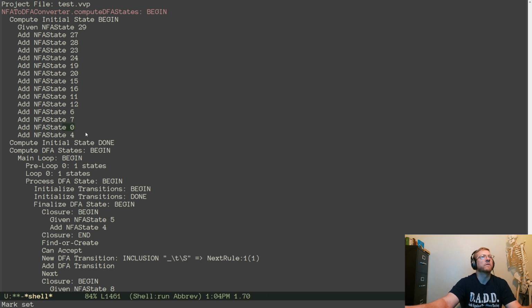So it adds state 0. But somehow state 0 never adds state 1 or state 2 here. Oh, curious. Because these states, let's see here, let me just pull up this thing next to it. Do a side by side. See here. Let me see if I can lay this out so that it's as visible as possible given the constraints.